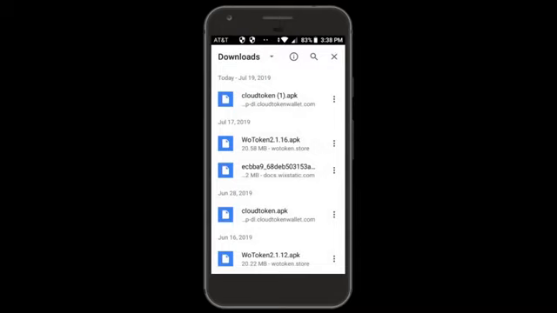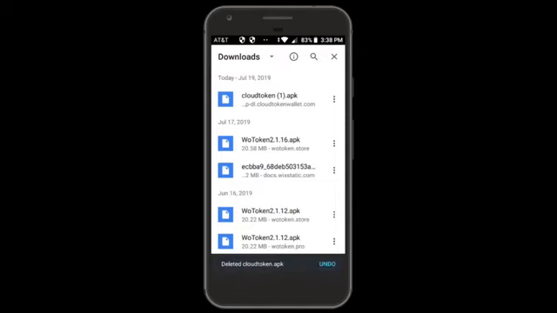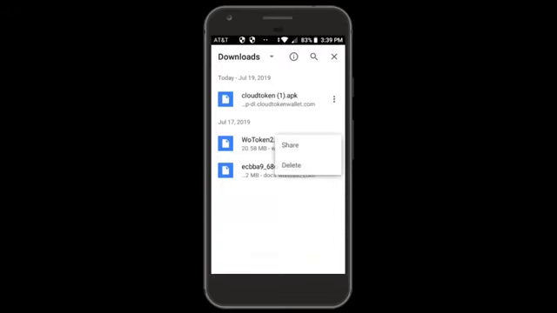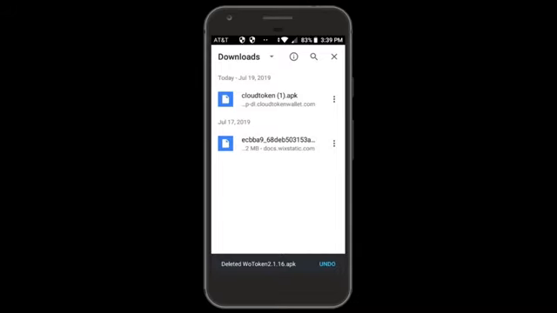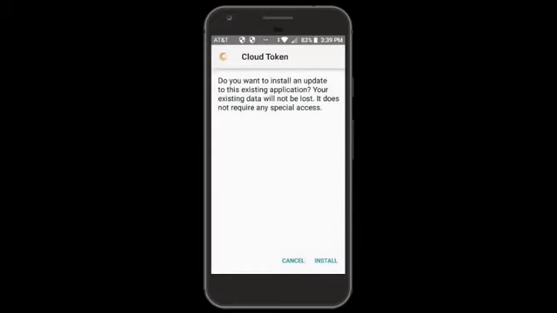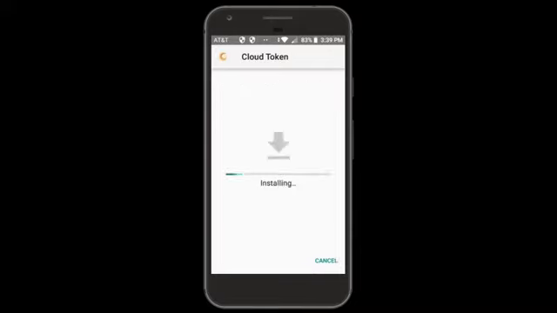If you have old downloads like I do, I recommend that you delete them, because they can create some confusion and cause you some problems. So I'm going to delete any of those APKs. Click on cloudtoken.apk that's listed here. It's going to stage the app, allow me to install it, and it's going to upgrade me to the